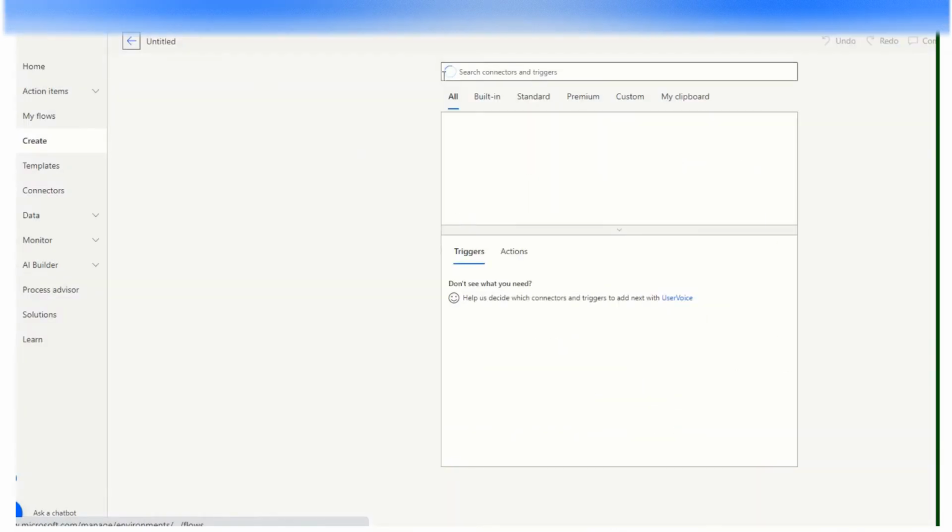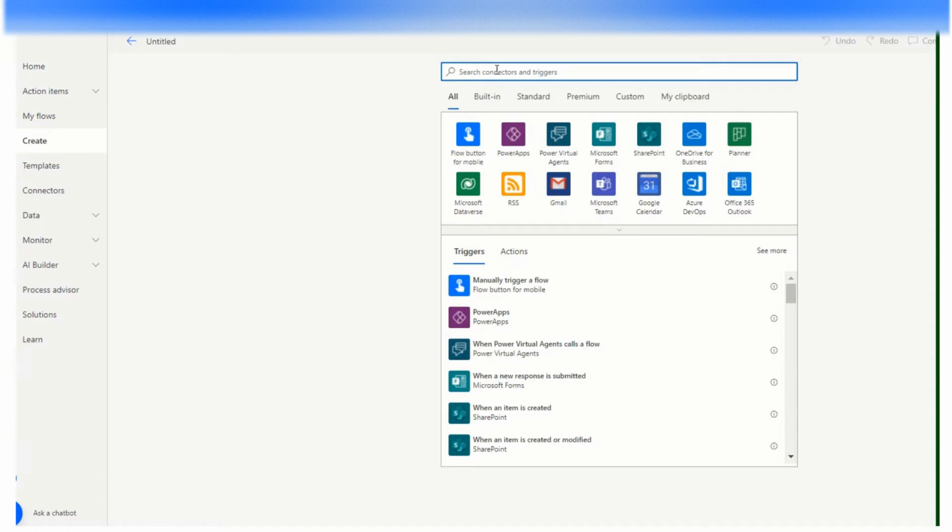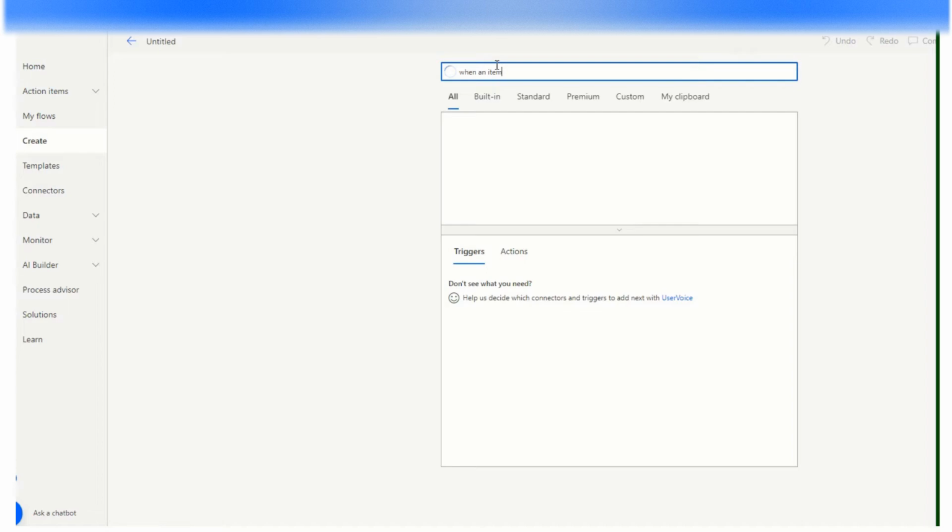First, I will create a flow, and then I will choose the trigger. Okay, it's loading.